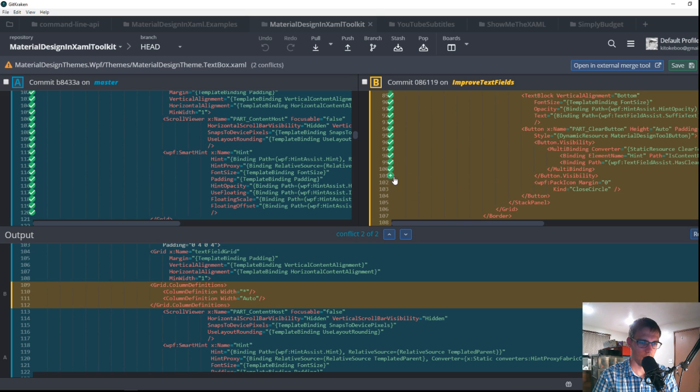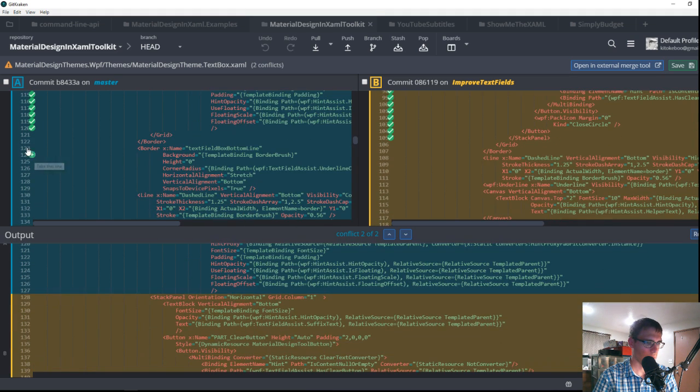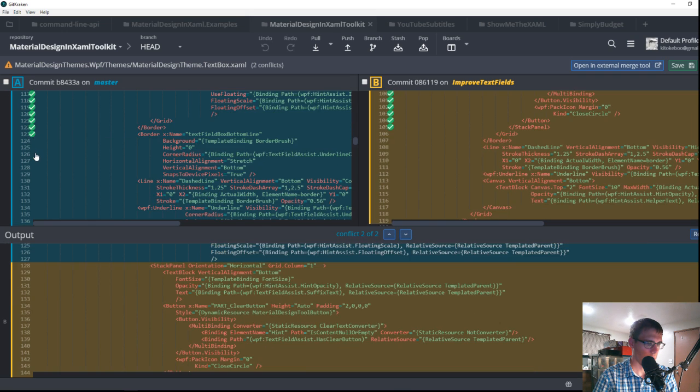Okay, there ends the stack panel. And then I believe we pick up grid, border, border,